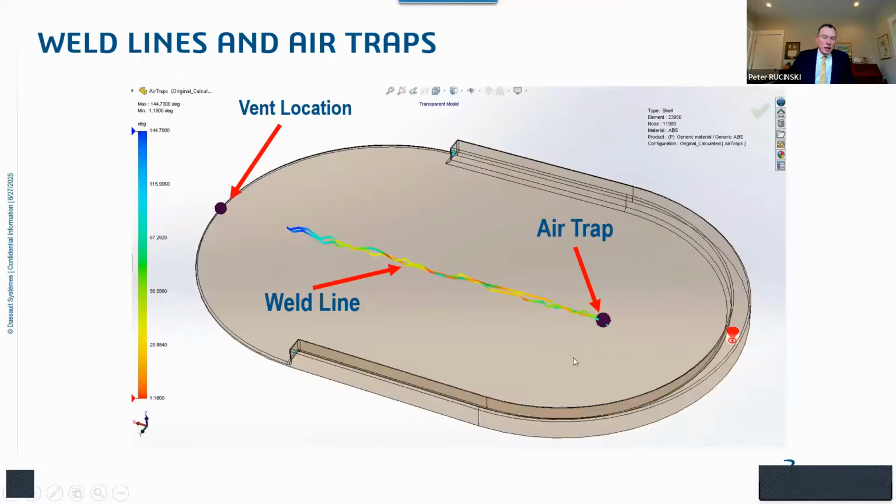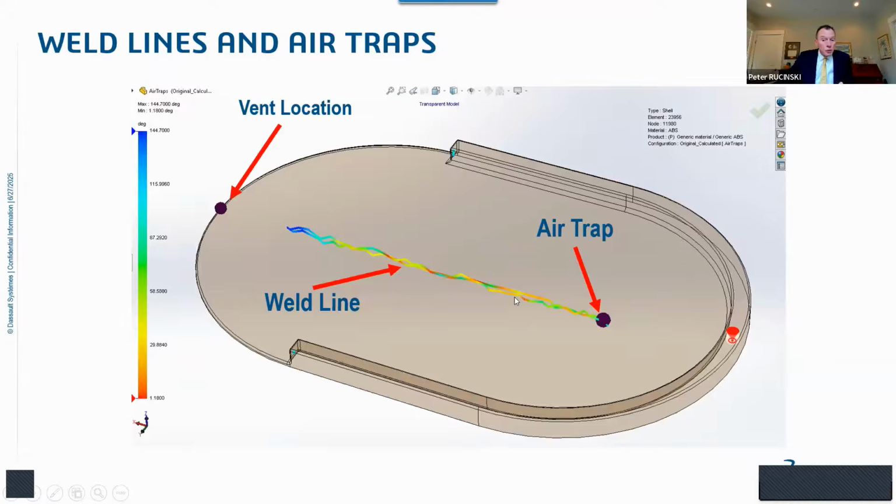Here on this application, on this product, we're plotting the weld line and the air traps that occur in this part. The way that the melted plastic flows into this mold, we get a racetrack effect around the thick rib that runs around most of the perimeter. So as that melted plastic fills in, it takes the path of least resistance. You remember that phrase. The path of least resistance is the thick rib that runs around the perimeter. That sets up two flow fronts that come together in the middle of this part.